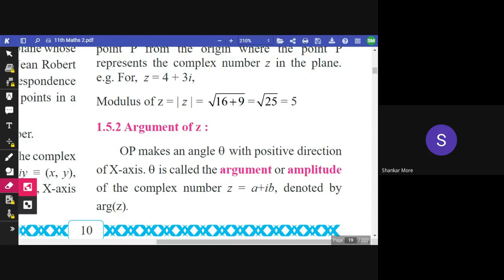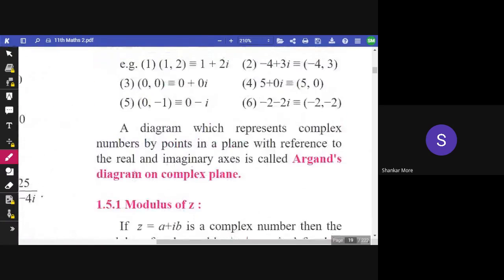OP makes an angle theta with the positive direction of the x-axis. Theta is called the argument or amplitude of the complex number z equals a plus ib, denoted by arg z. So where is the angle theta? You can see here. If I draw the hypotenuse OP, the x-axis makes a positive angle theta. So this theta is nothing but,